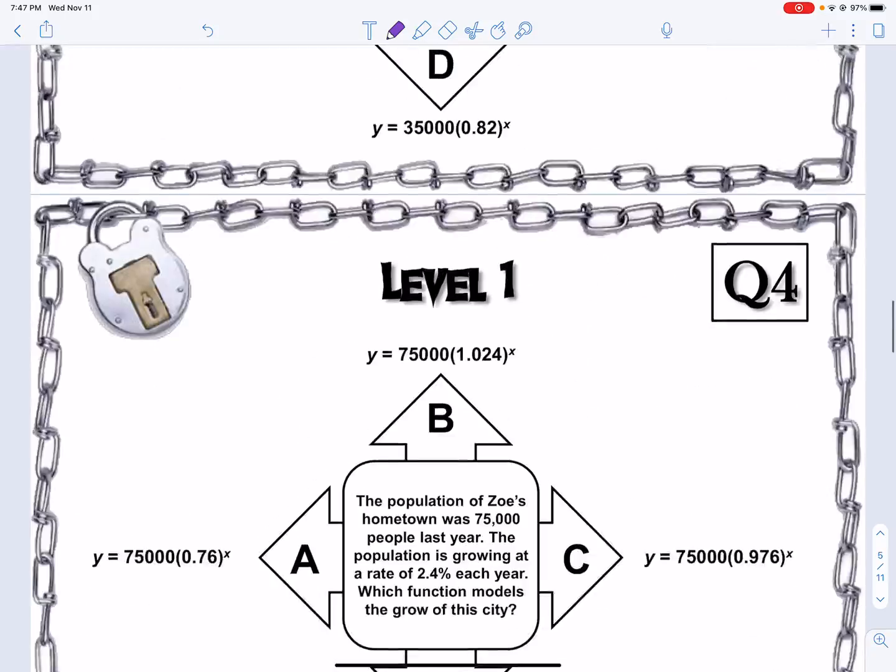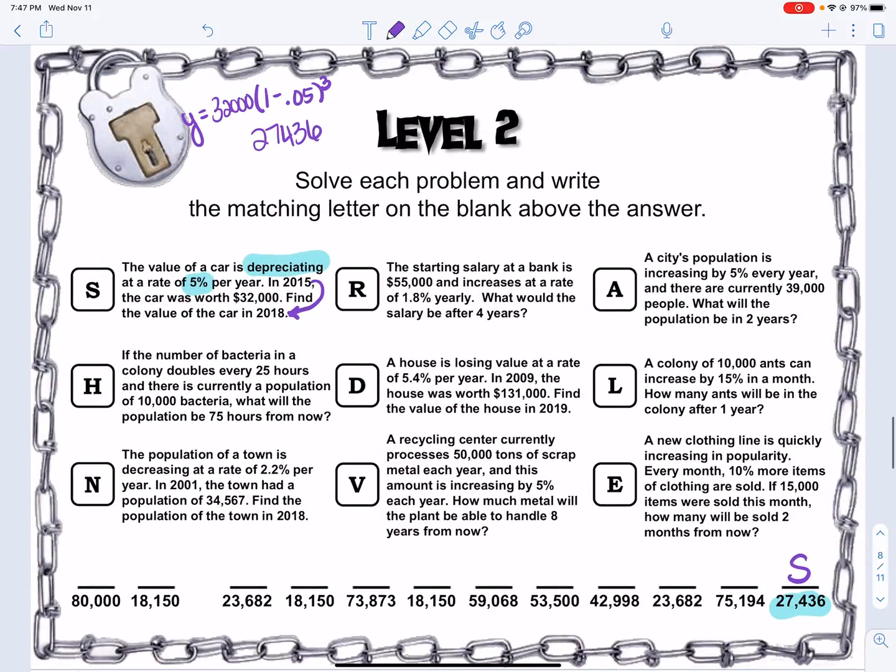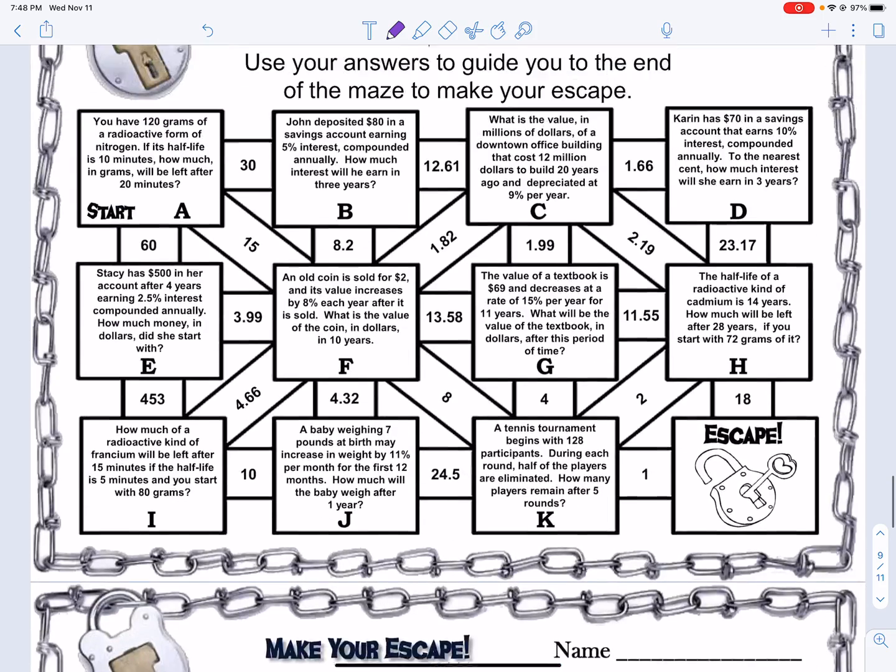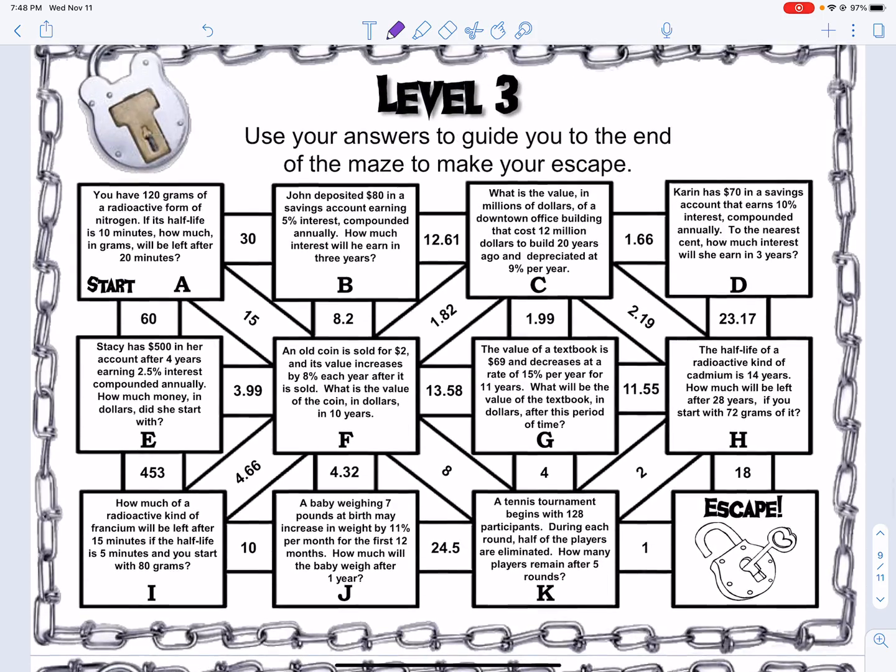I would say level 1 is easy questions. Level 2 is medium questions. And then level 3 is hard. And so you might have to email me a couple times, but that's why they pay me. So get a hold of me. Tell me what letter you're on.